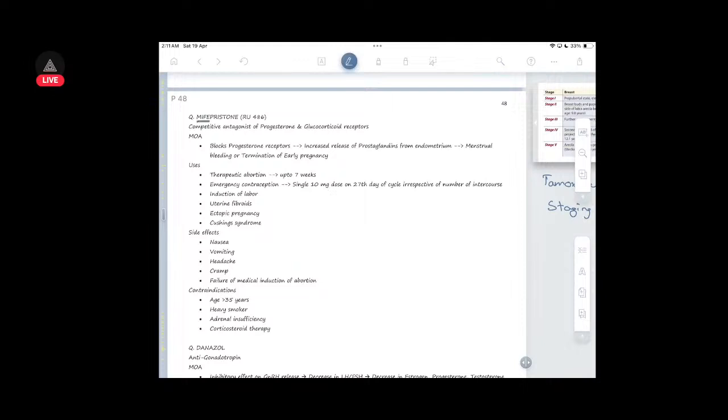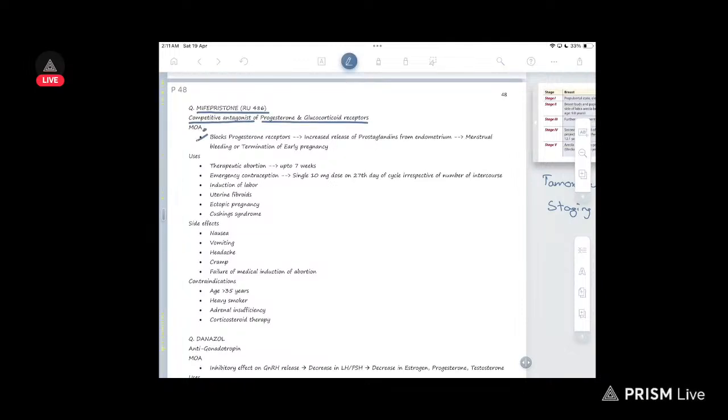Then we talk about mifepristone, which is RU486. It is a competitive antagonist of progesterone and glucocorticoid receptors. Method of action is by blocking progesterone receptors, which increases the release of prostaglandin from the endometrium, so menstruation, bleeding, or termination of early pregnancy can occur. Then uses: you have therapeutic abortion up to 7 weeks, you have emergency contraception, single 10